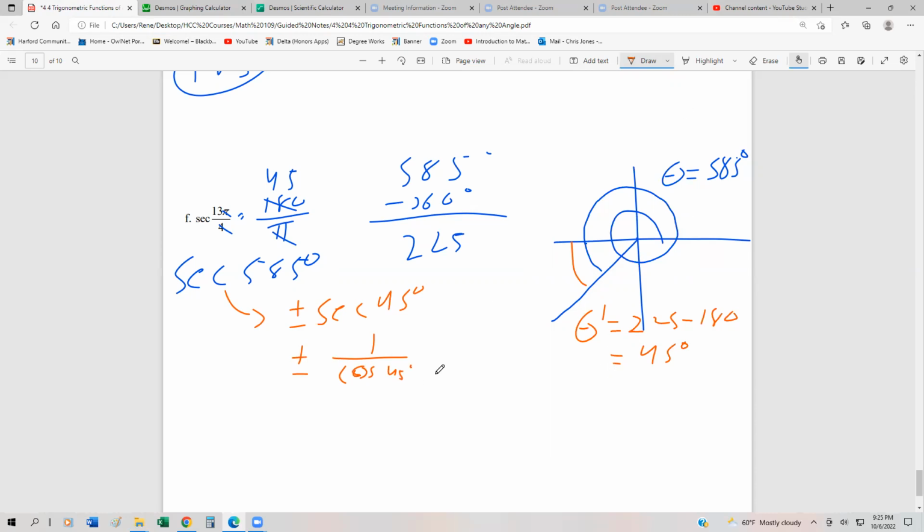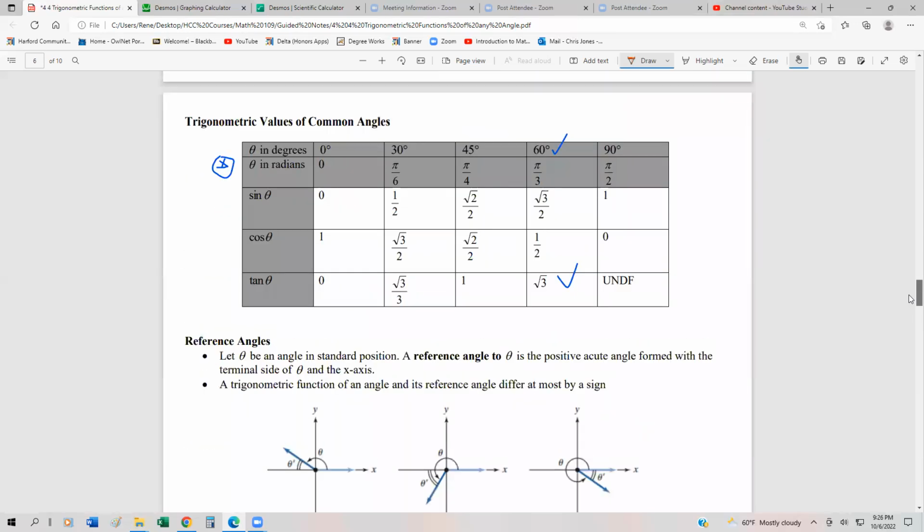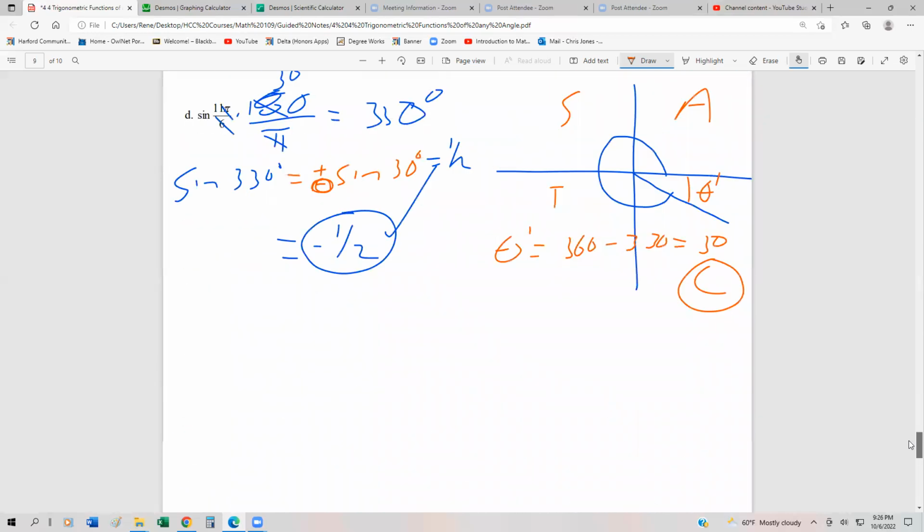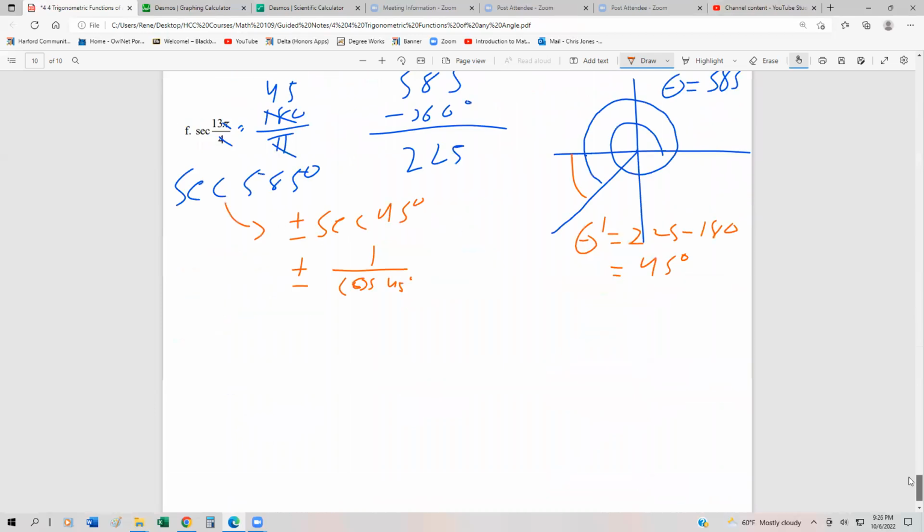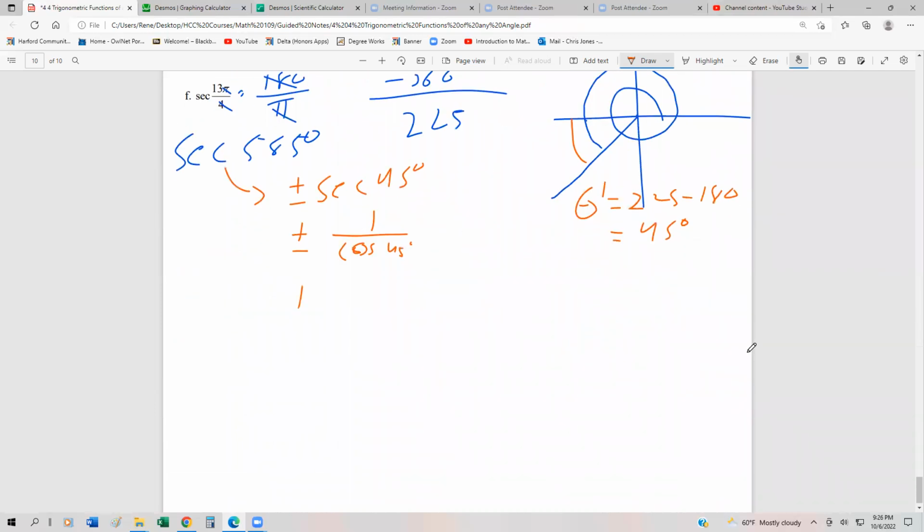Now, let's go ahead and go back to our table. It's helpful to have this memorized, but if you don't have it memorized yet, it's root 2 over 2. We just go all the way back up to that table, and we have the cosine of 45 is root 2 over 2. Going back down here, if we had this memorized, it's a lot faster. So this is either going to be plus or minus 1 over the square root of 2 over 2, which is the same thing as plus or minus